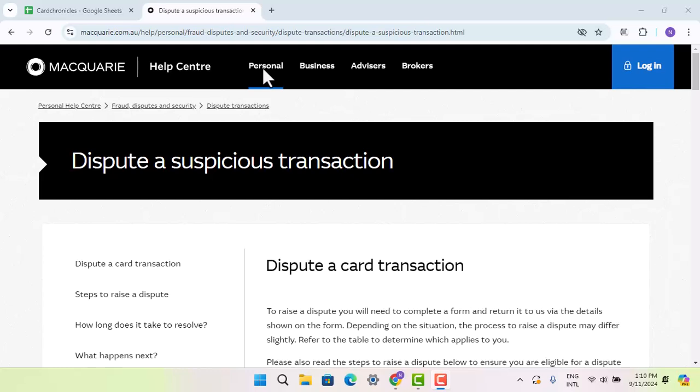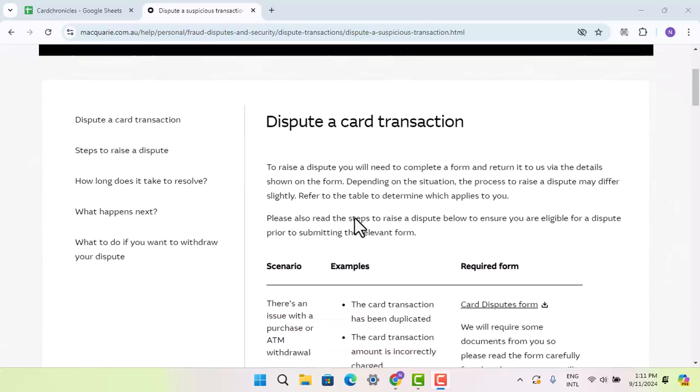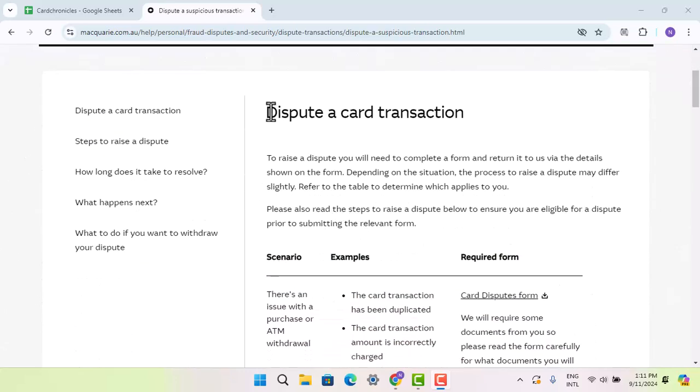In this video, I'm gonna let you know how you can dispute a transaction on your Macquarie credit card. To dispute a transaction on your Macquarie credit card, you have to go to this link, macquarie.com.au/help professional fraud dispute. You'll be taken to this page where you can see the instructions on how you can